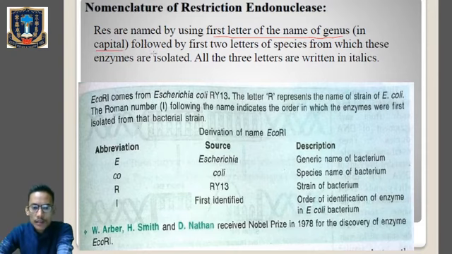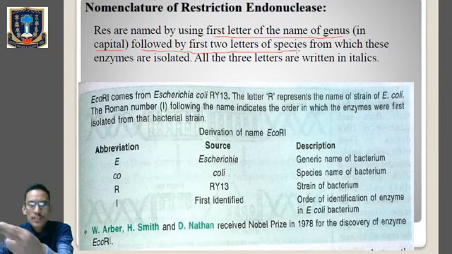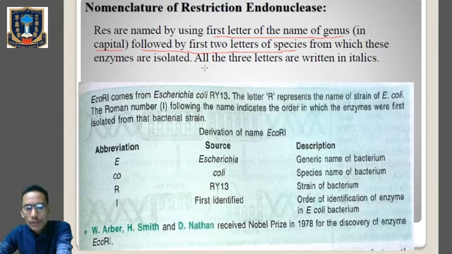Then it is followed by the first 2 letters of the species. So it is followed by two small letters, coming from the species from which this enzyme has been isolated, and all the three letters are written